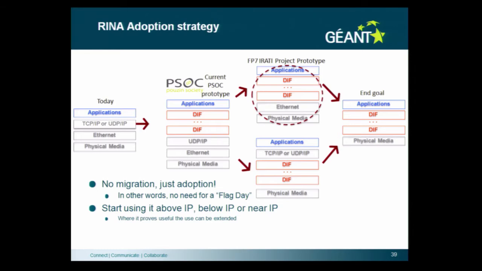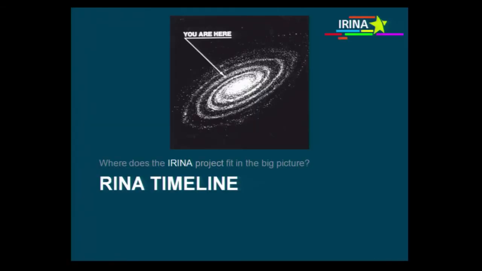So the adoption strategy for RINA is that you can, no migration, just adoption. We have interfaces, especially towards the lower layer, so you can stack DIFs on top. This is where we are right now. So Ethernet, we have DIFs on top, the application on top of the distributed IPC facility, but this is also required for adoption, that you could run TCP/IP on top, Ethernet below, and from that point, you just say, okay, I want to try this RINA architecture. You just put it in the middle, and you don't interrupt your application or your physical hardware. So it really should go smoothly and quite invisibly.